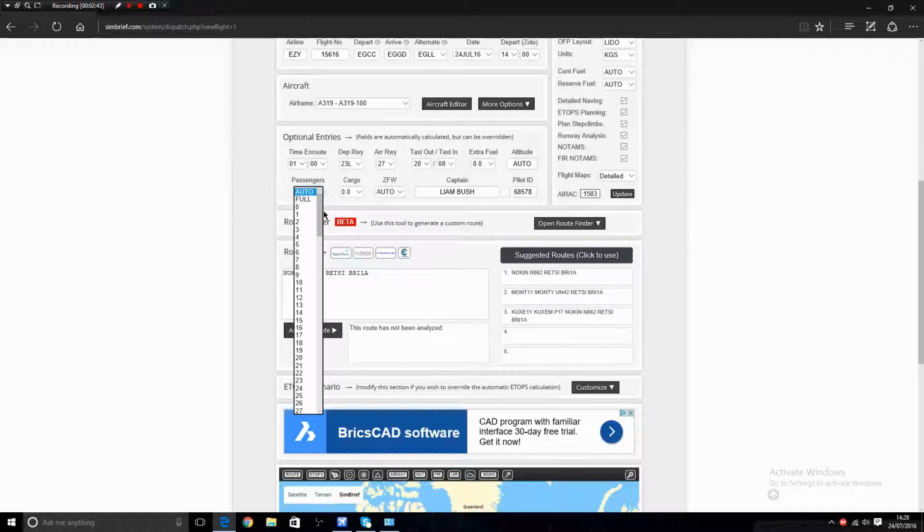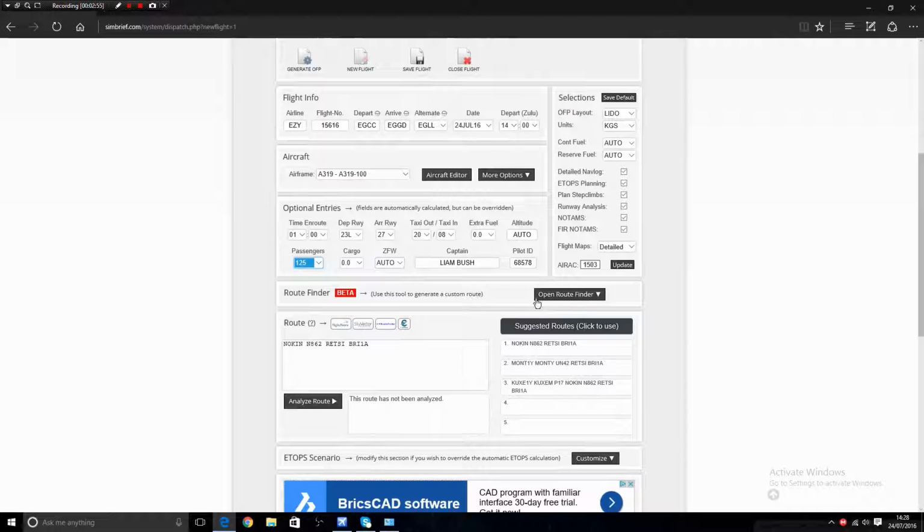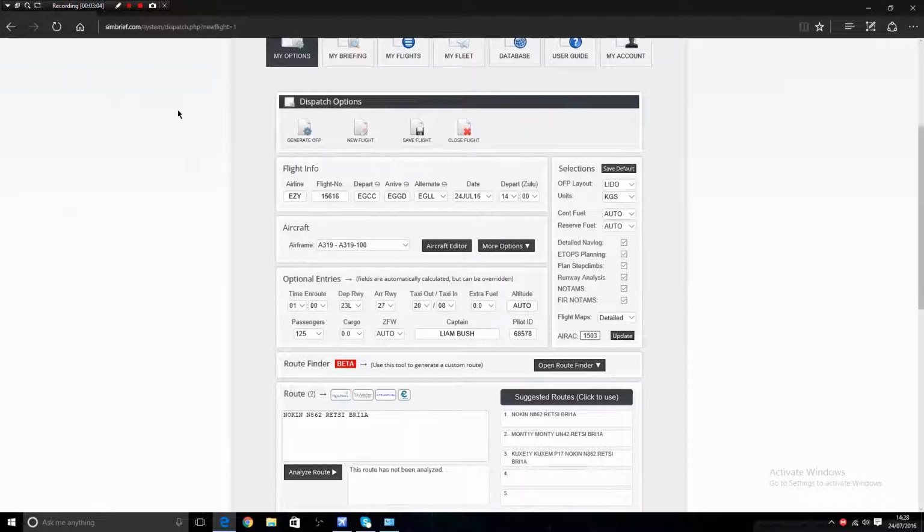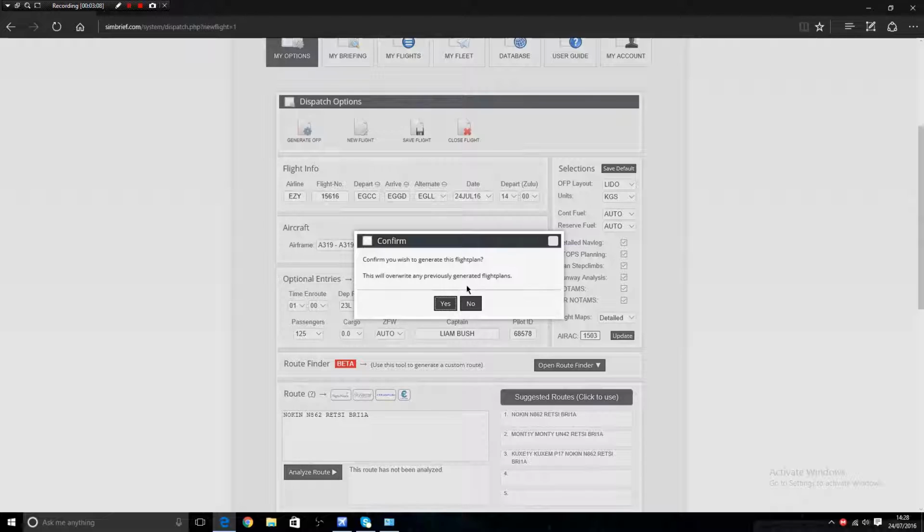I'm actually going to take 125 passengers today. The max that the Airbus A319 can take is 156. Obviously that's going to change depending on what aircraft you fly. So just fill in all that. It's going to bring with it this route here. You can use this as your route, but I'm going to show you an easier way. So when you've filled in all that, click generate OFP, click yes,